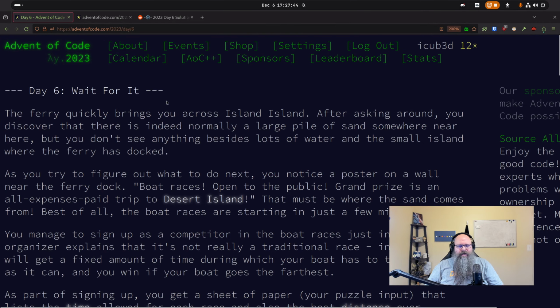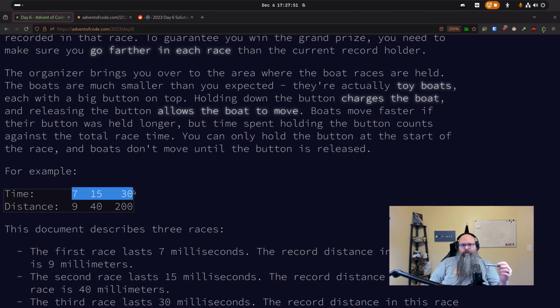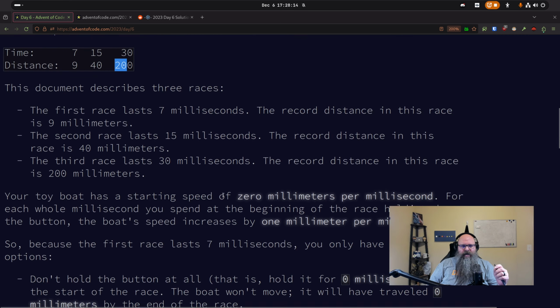The idea was you were given these times and distances for a boat race that you were doing. The top was the time you had in the boat race to do it, and the bottom was the current fastest time. And the goal was, can you determine how many ways you can beat the farthest distance. And the way you do it is